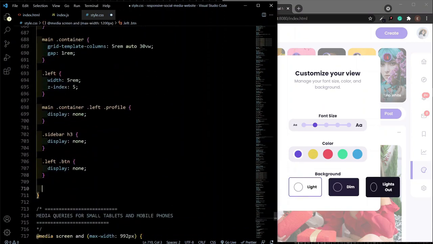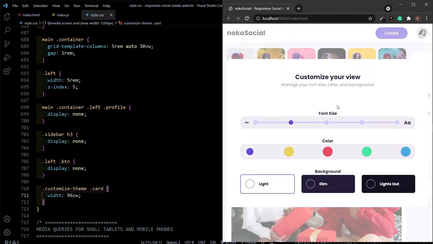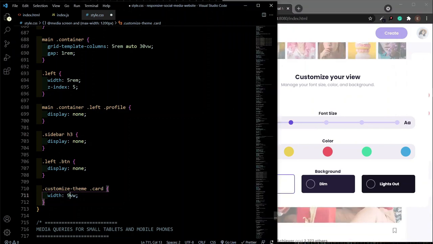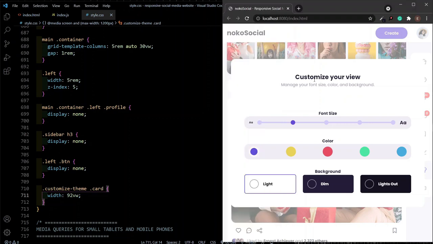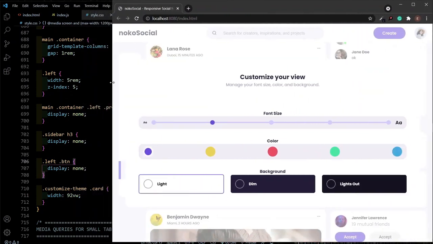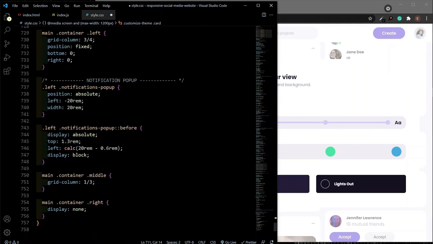So I want to get my card from customize theme, and I'm going to set the width to, let's say, 96 viewport width, and that is looking good now. All right, that is looking pretty good. Let me change it to 92. Okay, 92 is good. That is not looking bad. All right, so it should be responsive now. Actually, you know what, I'm going to change this to 80 on laptops and big tablets, and then I'm going to make it